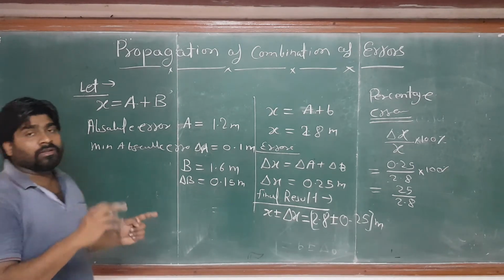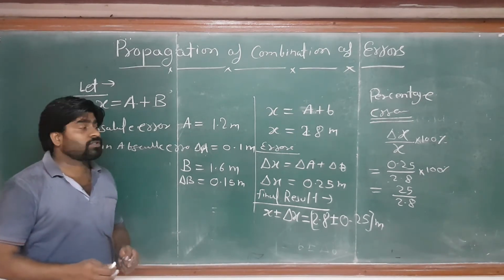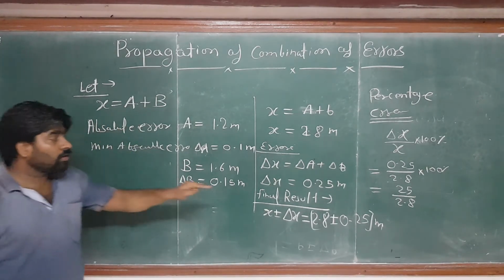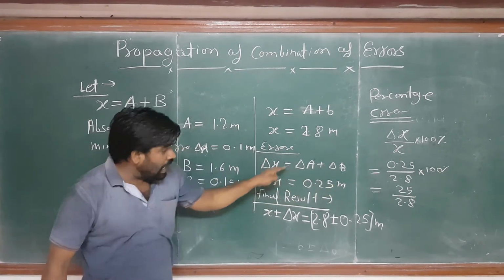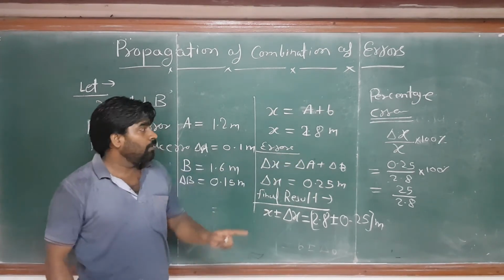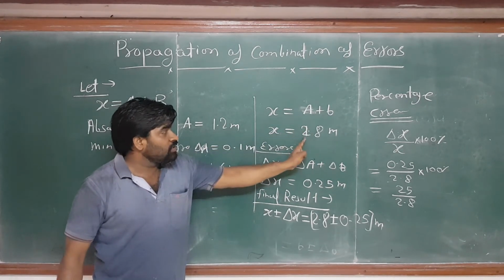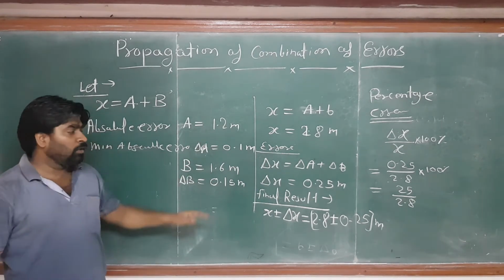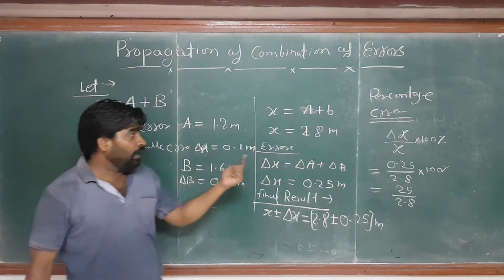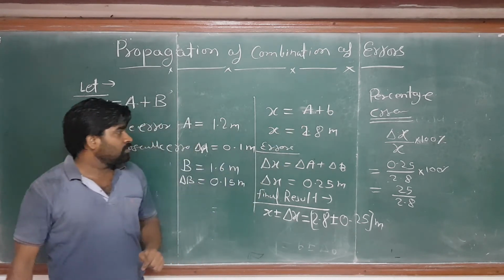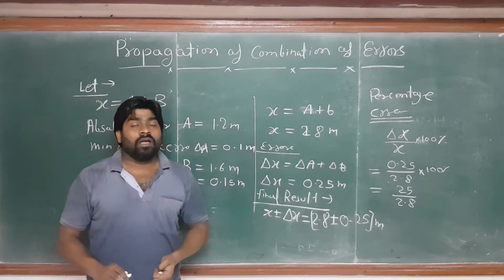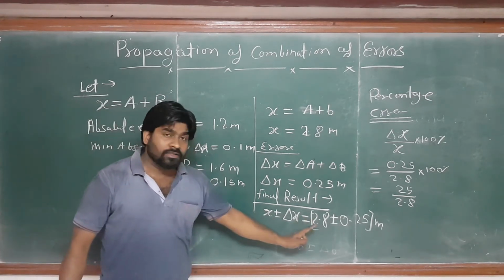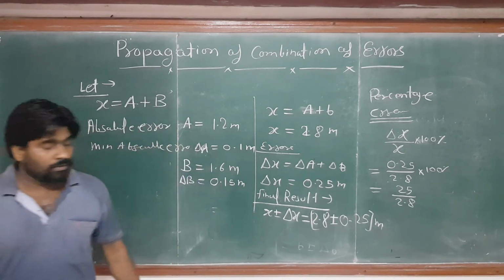And what about the errors in subtraction? In the errors in subtraction, you have to write the minus sign here, but you cannot write the minus sign in the errors. The error and the ratio will always be the same, and only one thing will change here. Suppose I am doing subtraction, so 1.2 and 1.6, then you will write 1.6 before a, then 1.6 minus 1.2 comes 0.4 meter, that's called the x. But when you calculate the del x, it would be the same, right?